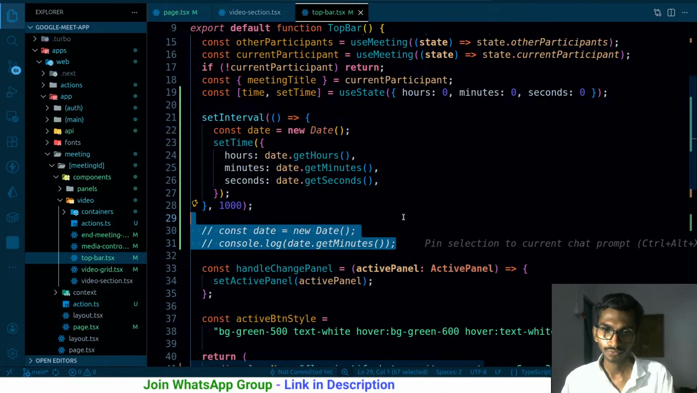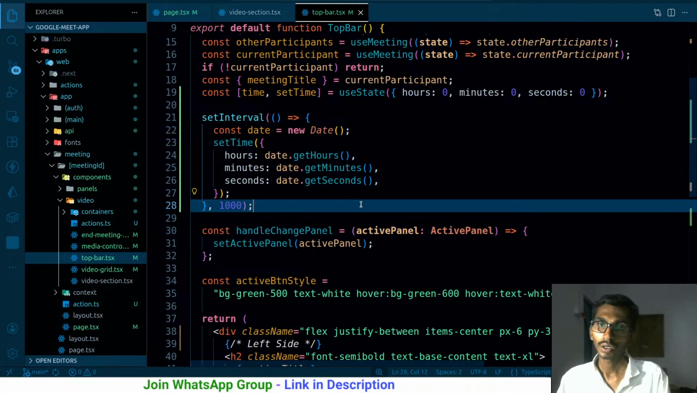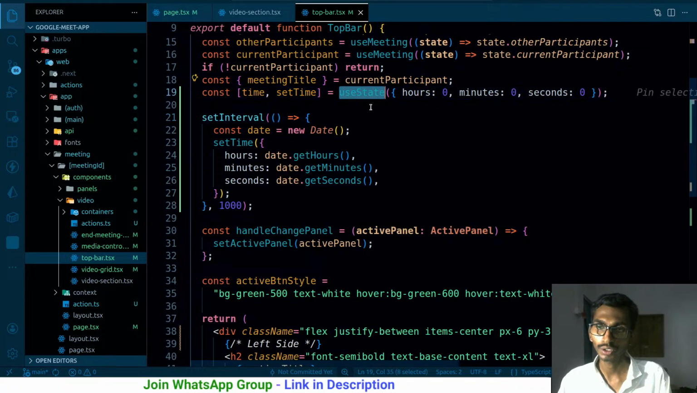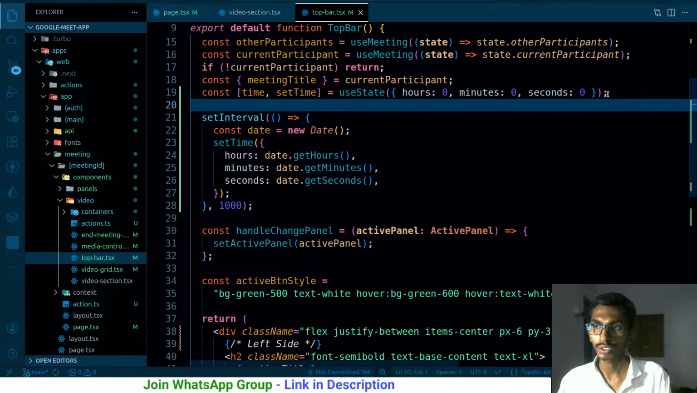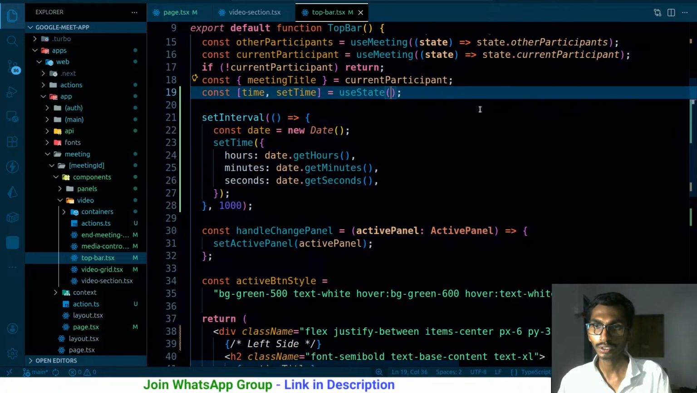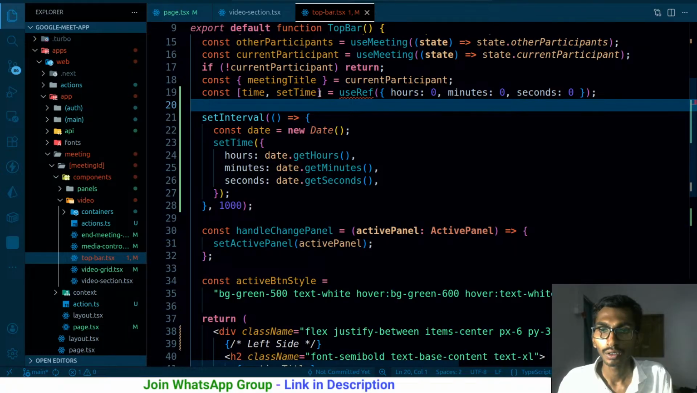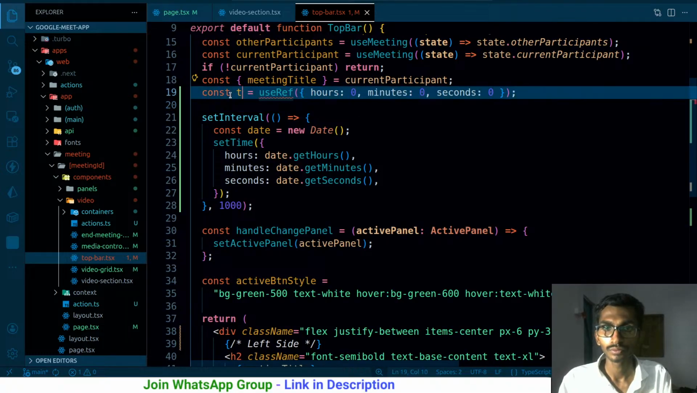what can I do now? What is the best way to just render the timing? Instead of using useState over here, it's better to use ref. Probably that would be great, because useState just renders the page again and again. So useRef, just like this. This will have a default value as well, just like this. And time ref,